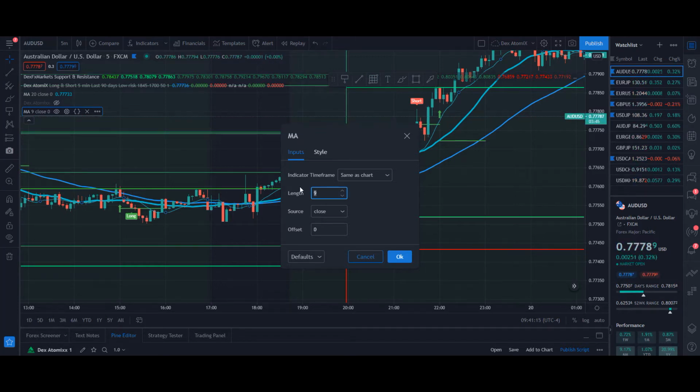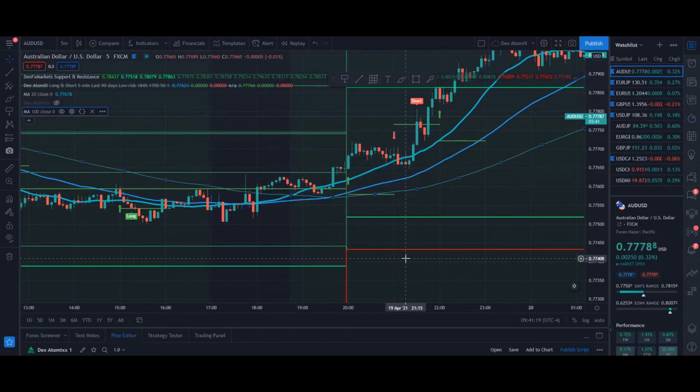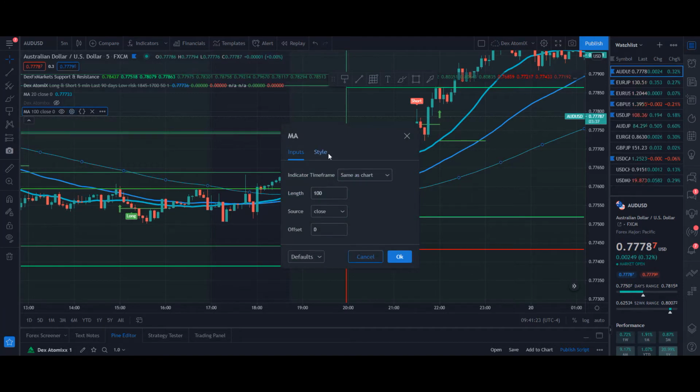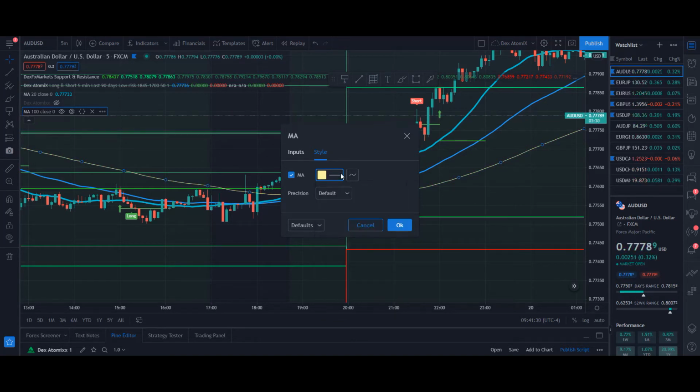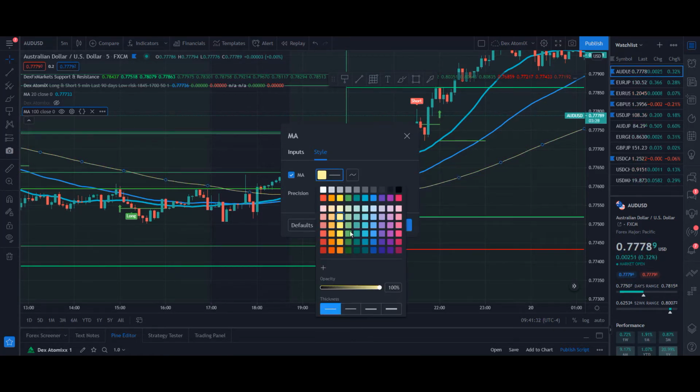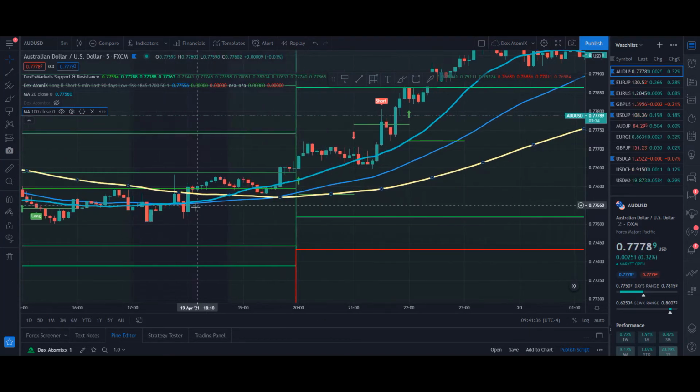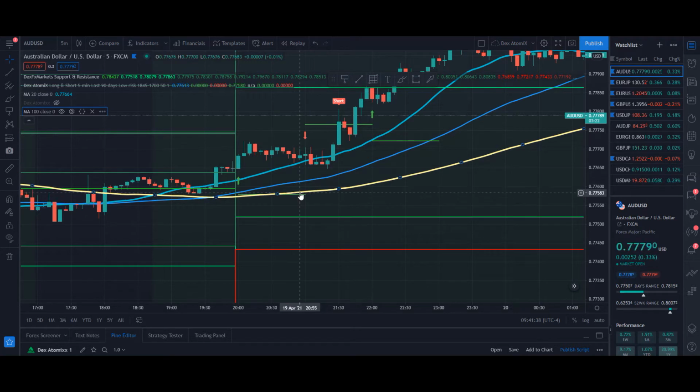So we have a 20, a 50. If I were to do 100, what would it look like on the chart? There it is right there. Let me change the style here. Make that one yellow. Give it a little life too. Okay, so now we got this bright yellow thing, but